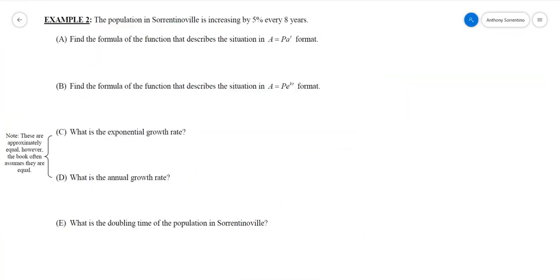Now, I was looking at example 2 here. Keep in mind that a lot of the problems that you're going to be given are going to say like 5% per year, 5% per day, 5% per month, whatever. Whereas this is saying 5% every 8 years. When you start having situations like this where it's not a percentage per one single unit of whatever it is, you're going to have to use a two-step setup, which means it's going to take you 2 steps to get the problem done right,